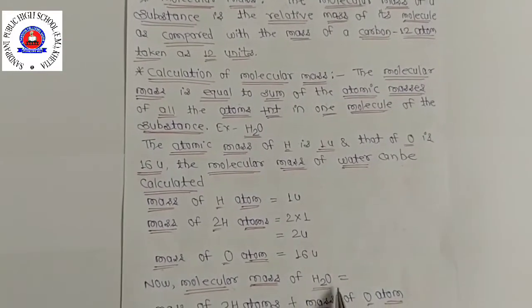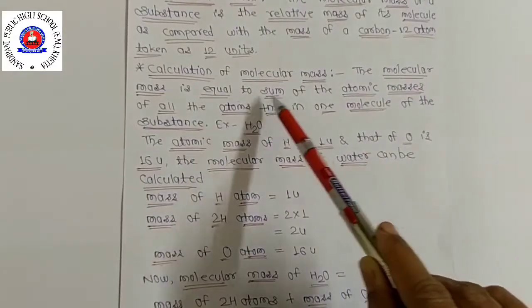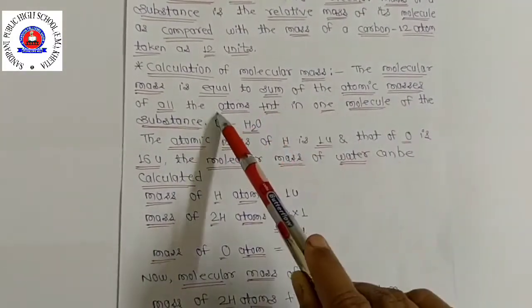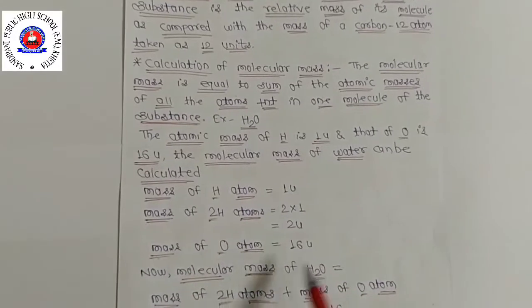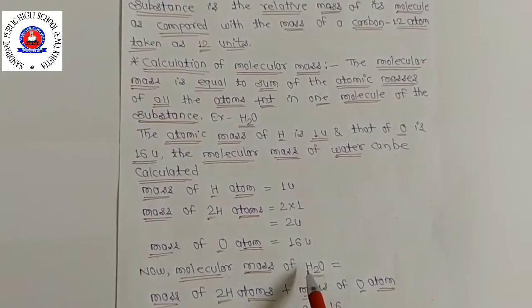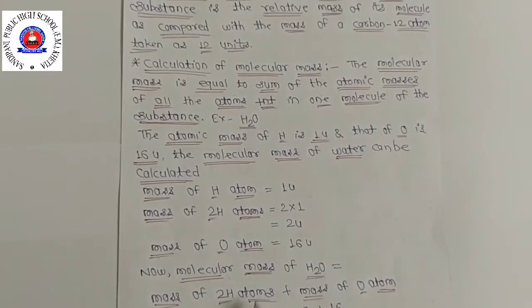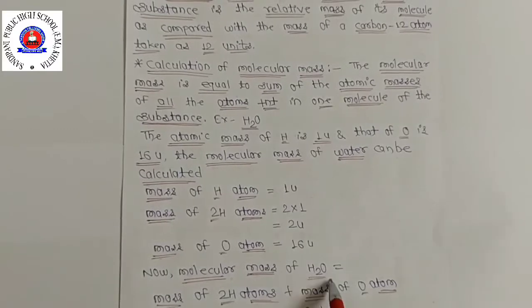And now the molecular mass of water is, आपको पता है according to the definition, molecular mass is equal to the sum of the atomic masses of all the atoms present. Now sum of them. So इसमें कितने atoms present है? 2 atoms present in one molecule. तो इसमें हाइड्रोजन का mass of 2 hydrogen atoms, क्योंकि इसमें 2 hydrogen है. Okay, plus mass of oxygen atom.